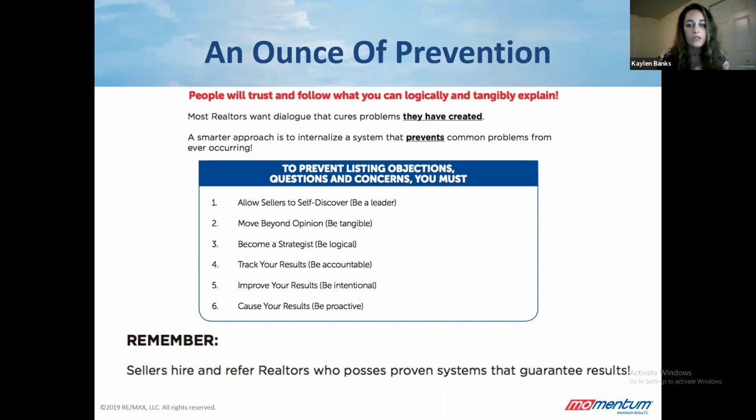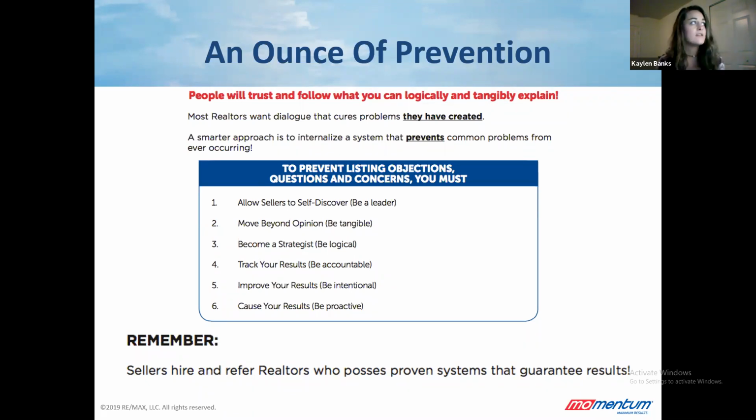Getting back to that question, the best way to prevent objections, like they were saying, is hitting it head on, talking about it ahead of time, not being afraid to talk about it. But mainly it all boils down to working on conversational weaknesses as a whole. Developing confidence, showing it, hitting it head on, like they said. So those are all great points. The keynote on this slide that I really like is, the smartest way to prevent a common objection is to have a system or a strategic approach to prevent it from the start.